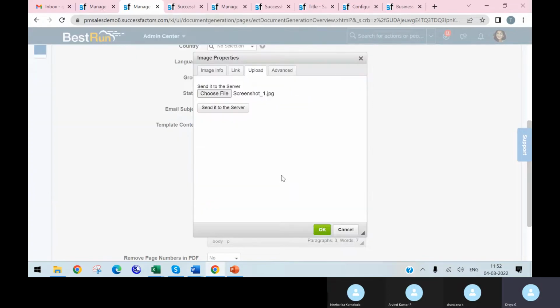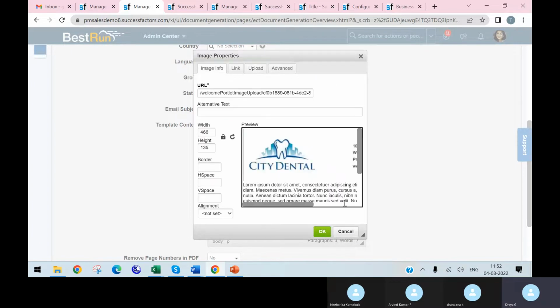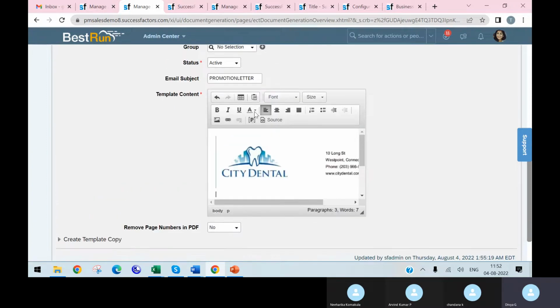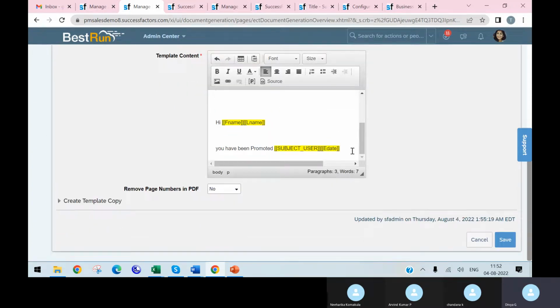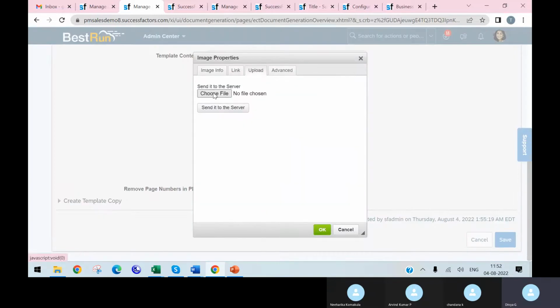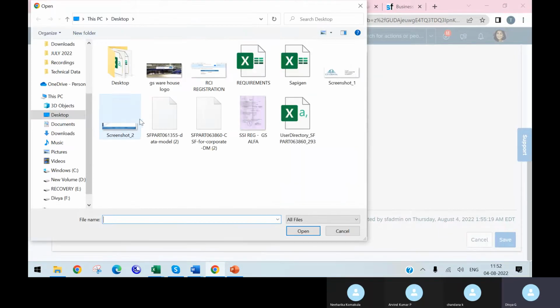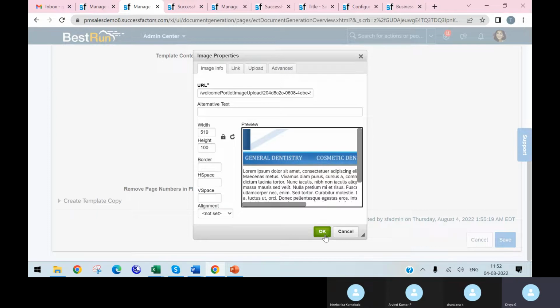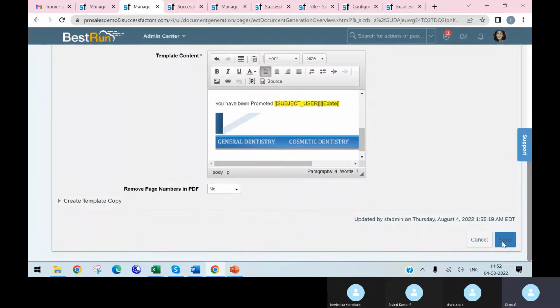This I'm going to open it here and send it to server. Like this it will show. Okay, then if I want again at the footer side, I'll go and add the image, choose file to send it to server. So if I save this,